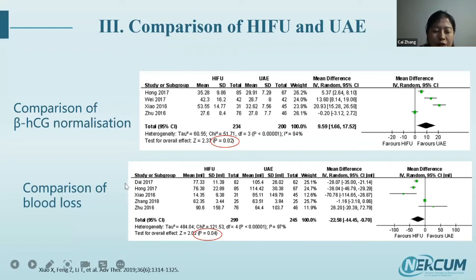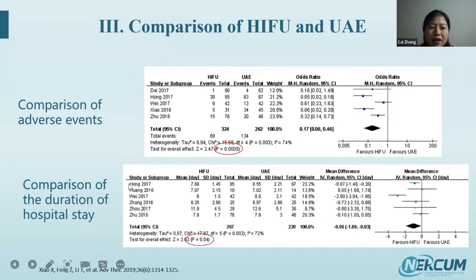But for the comparison of the blood loss during the DNC, we found that the HIFE group has less blood loss during the DNC. And when comparing the adverse events, the HIFE group also has a lower rate of adverse events. And for the comparison of the duration of the hospital stay, the HIFE group also has a shorter hospital stay